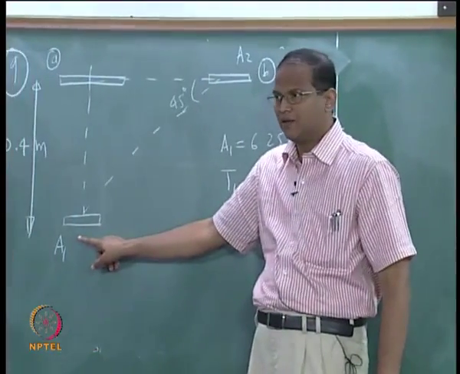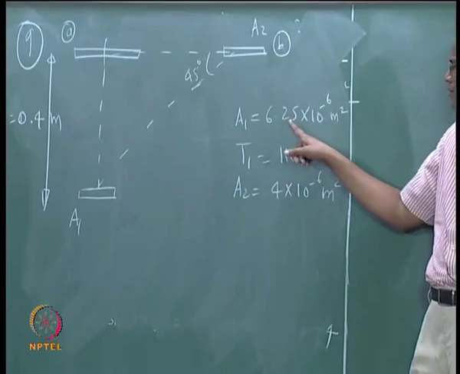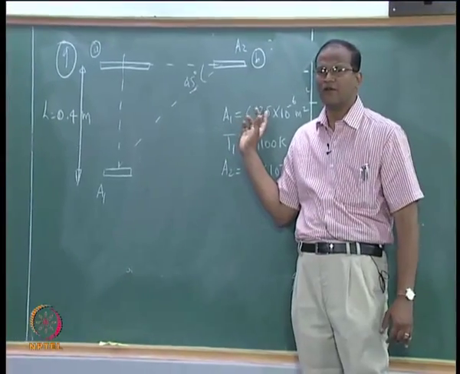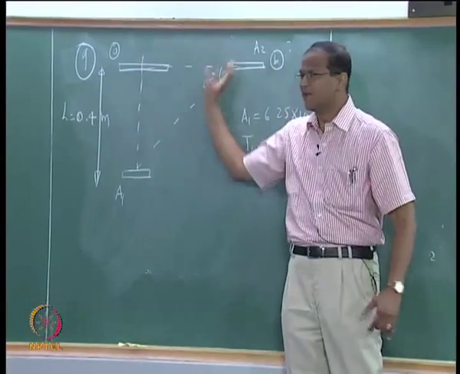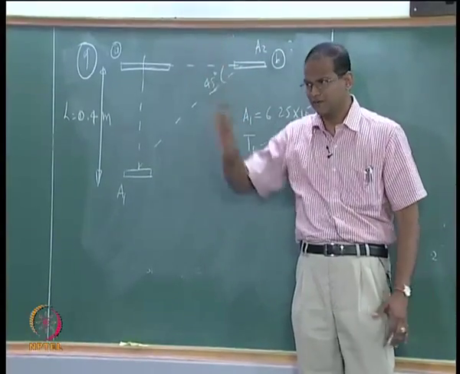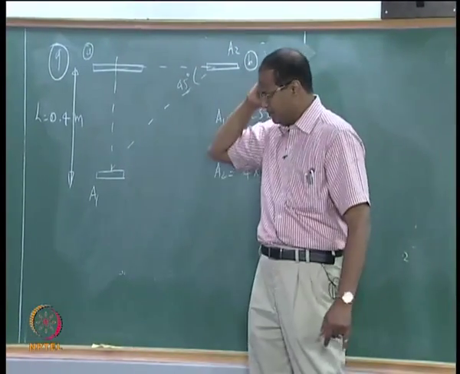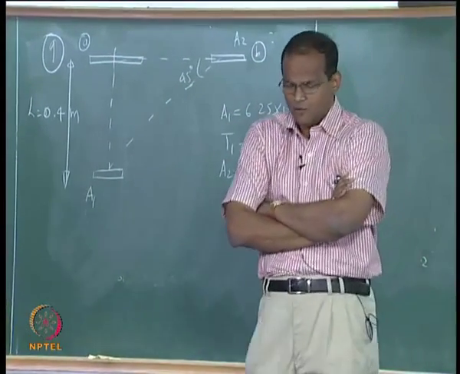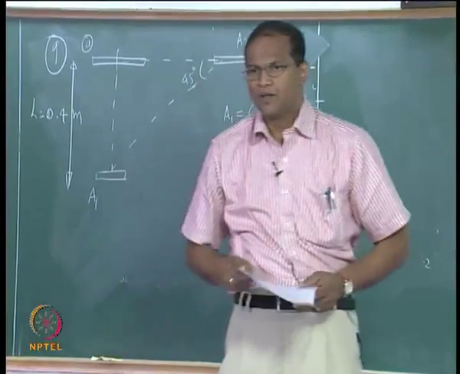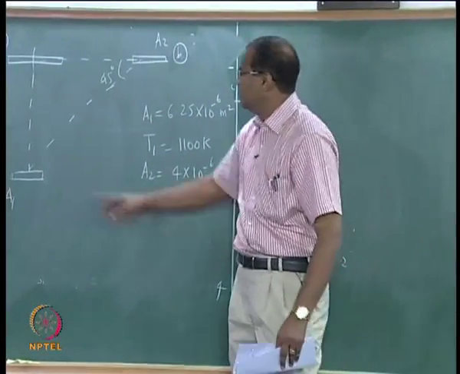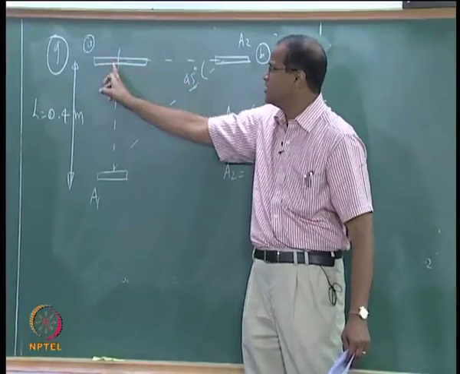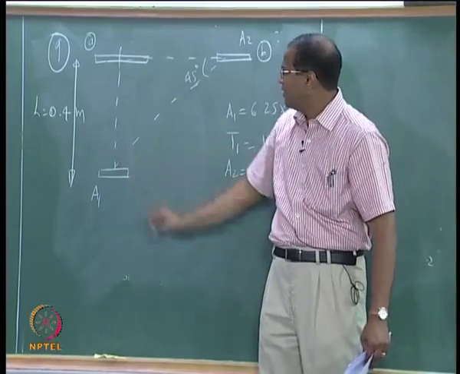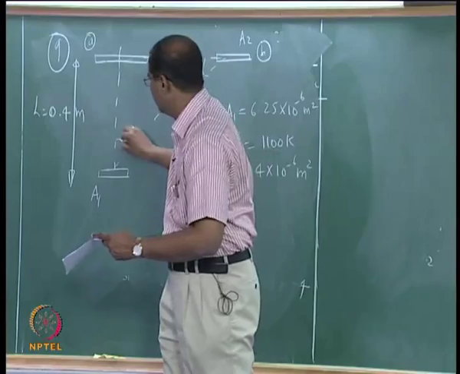There is an emitter A1, okay, it's a small emitter, area 6.25 × 10^-6 meter square. It may be a circular disc, you can use pi d square by 4, you can find out. Everywhere there is vacuum, so that you do not worry about convection and conduction. Okay. So this is intercepted by another area A2. A2 is the fellow who is receiving the radiation. Now when it is at position A, then it is normal, right, it is normal, and this is your theta.